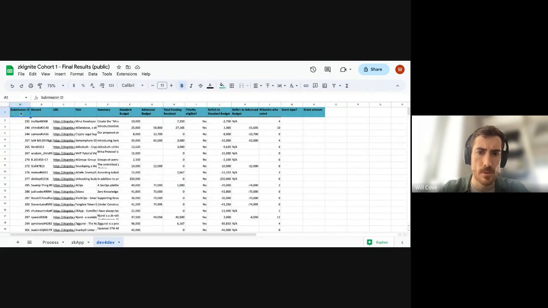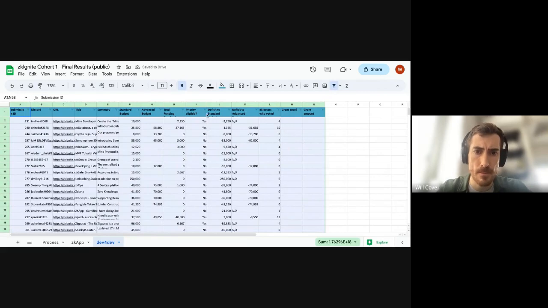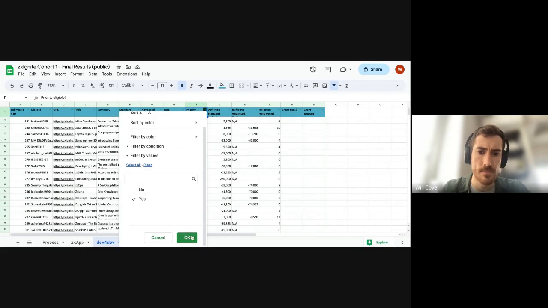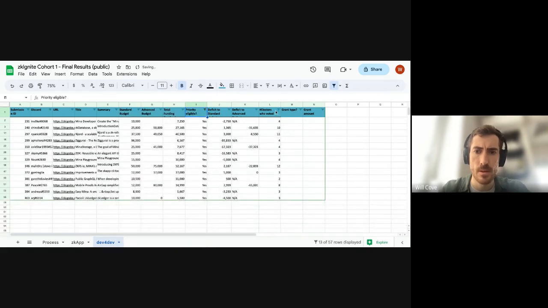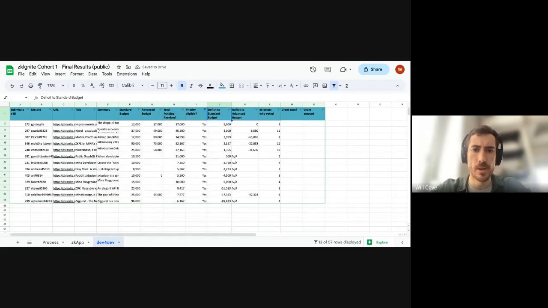And I'm going to create a filter. Okay. Then I'm going to filter out the projects that are not eligible. Then I'm going to make this a little bit bigger. We'll sort by deficit to standard budget. And we'll do the same thing that we did before. Okay, so it looks like in this case,